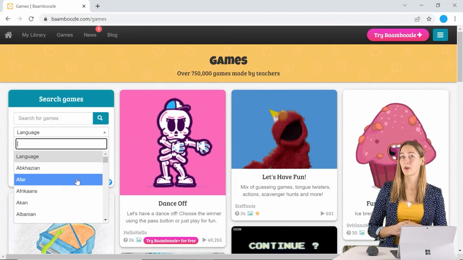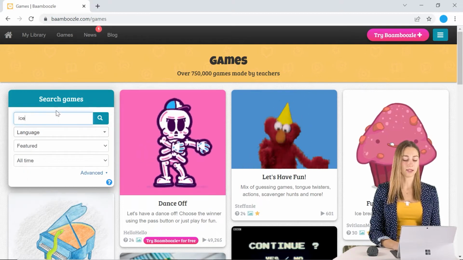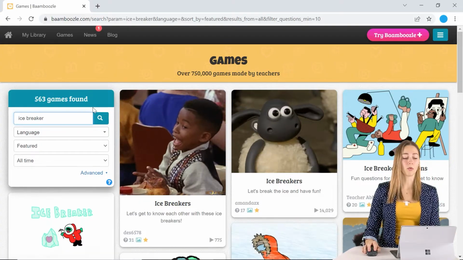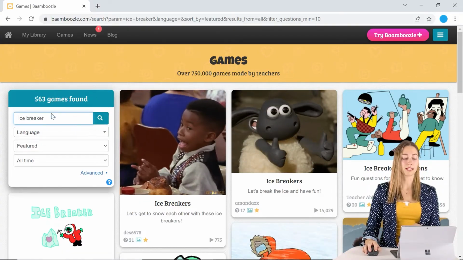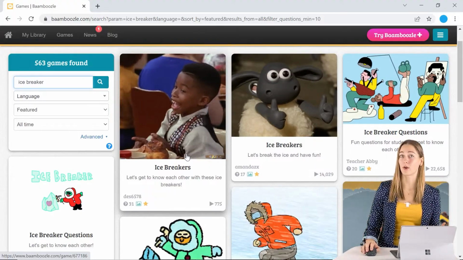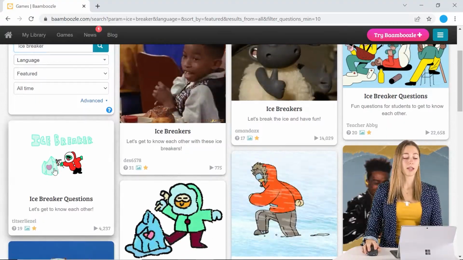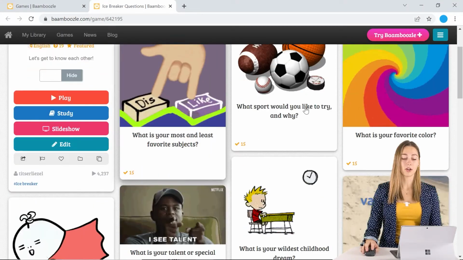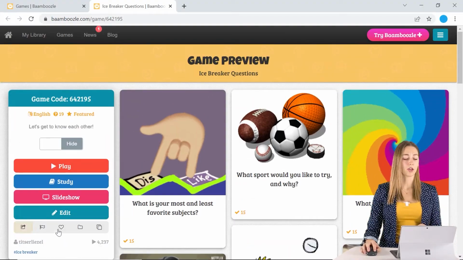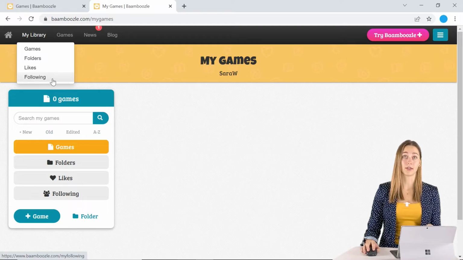So once you've created your free online account, you can go ahead and browse all of the games that they have here, or go ahead and create your own. So if we're just browsing through some of these games, you can just search up anything to get some ideas on how you want to create your own, or see if there's one that you can already use. So if there is one that you like, if you take a look and these are all of the questions and you think this one's pretty good, you can go ahead and give it a heart, and then it will go ahead and be in your library.